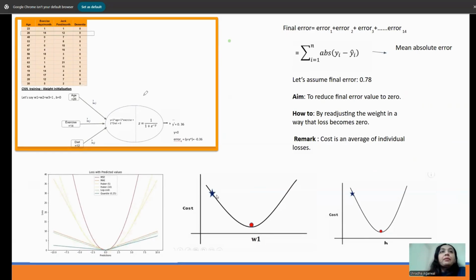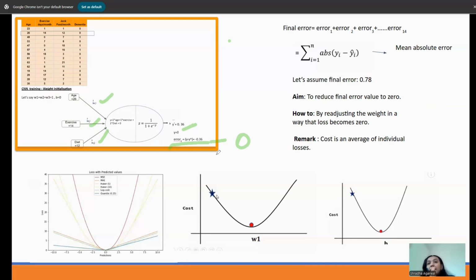Now here, guys, we understand this problem, right? And we have started training our neural network. And we have these weights 1, 1, 1. That is your initialization of the neural network. And this initialization is finally giving you a value. And you compute this value with respect to the ground truth and you get minus 0.36. And now you are not happy. You want this to become 0. You want that my ground truth and predicted should exactly match with each other.